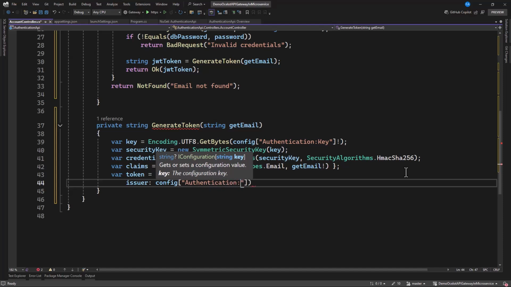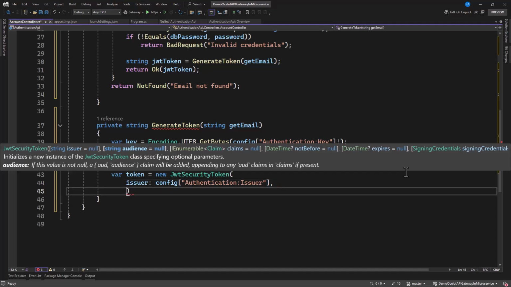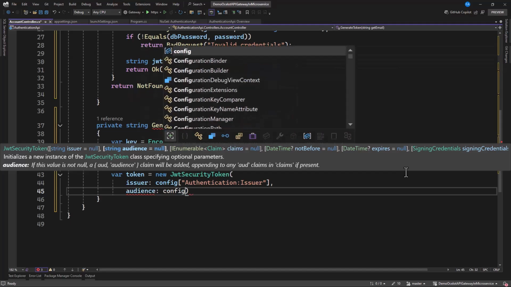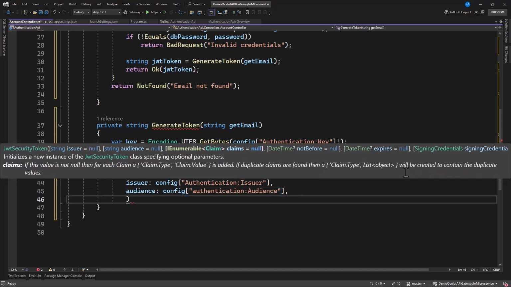Authentication, then we have our issuer, then we need to specify audience as well, and the same config. We have authentication, then we have audience, then what do we need again?